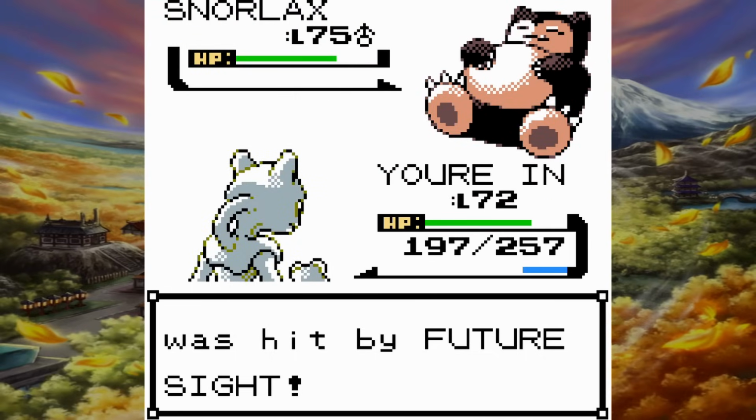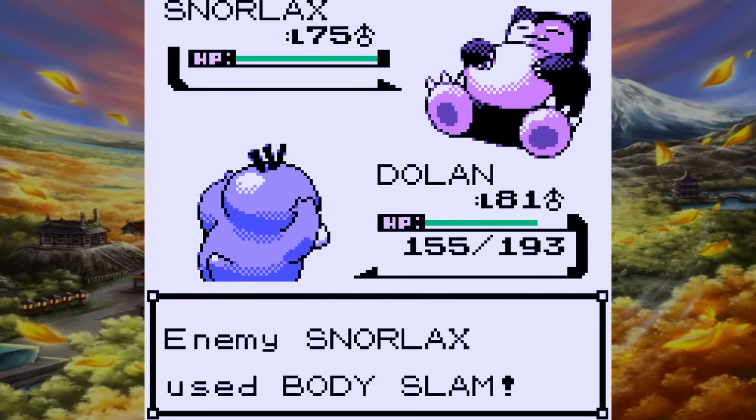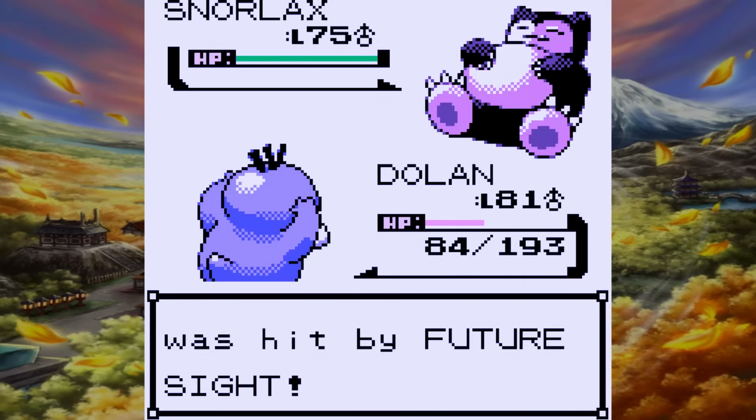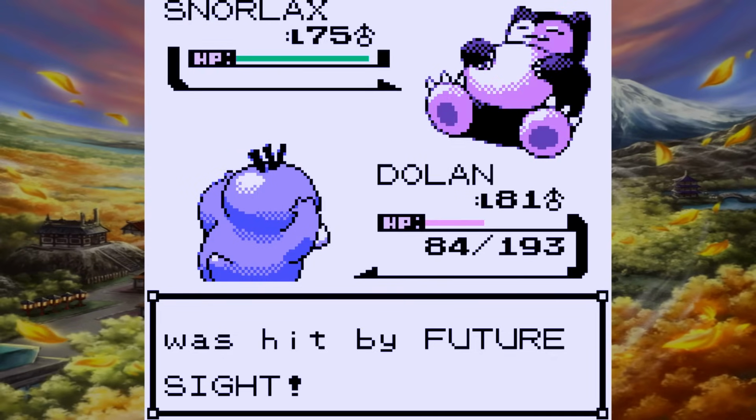For those who don't think that was a lot, here's a quick comparison. In this example, the Future Sight is set on Snorlax, so now it's using Snorlax's massive 110 special defense as opposed to Pikachu's 50. Now when the move strikes...